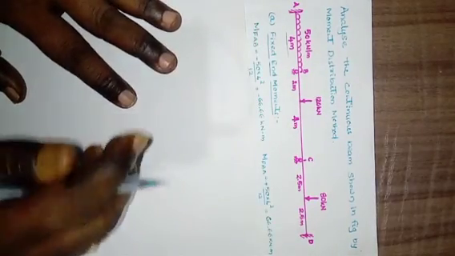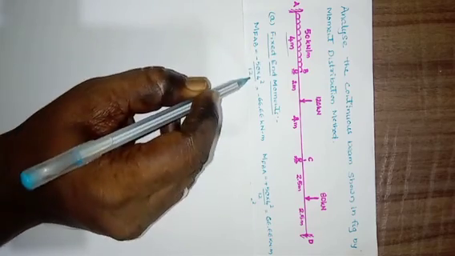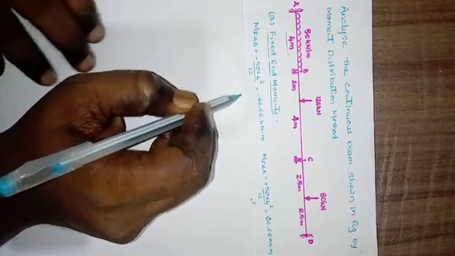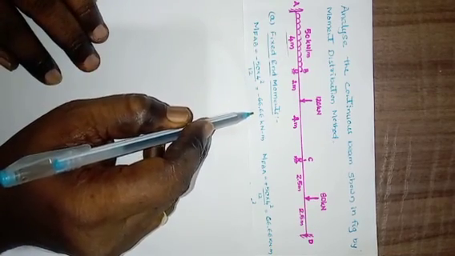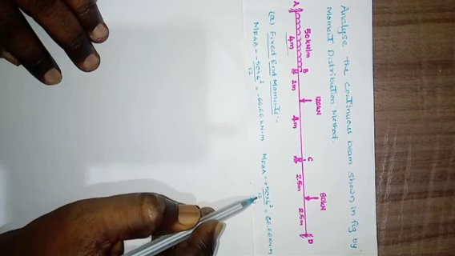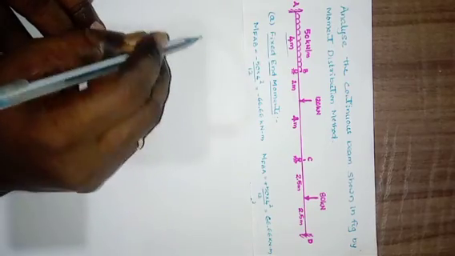First, here there is no sinking and settlement of the support. Hence, first we have to calculate the fixed end moments. First one, that is MFAB. MFAB is given by, this one is anti-clockwise, WL square by 12, hence minus 50 into 4 square divided by 12, that is minus 66.66 kilonewton meter. Similarly, from the other end, MFBA equals 50 into 4 square divided by 12, that is 66.66 kilonewton meter.